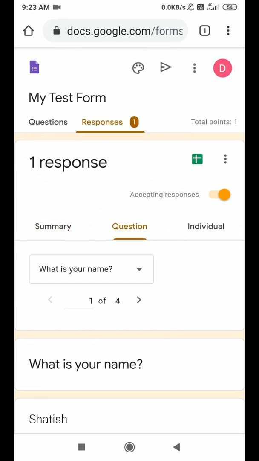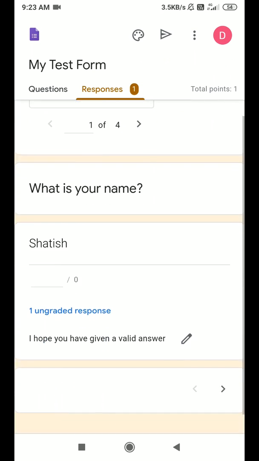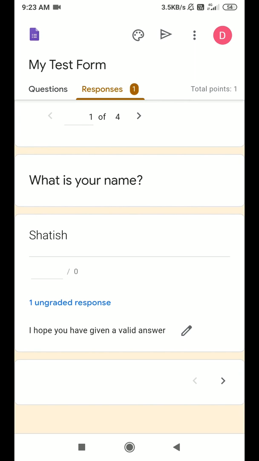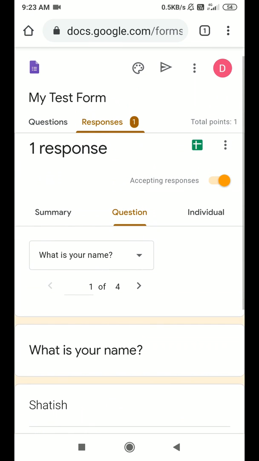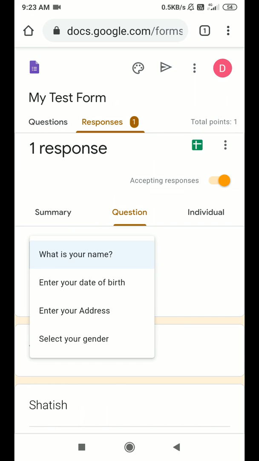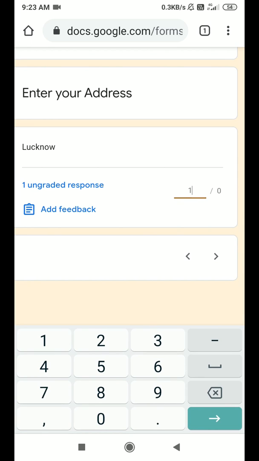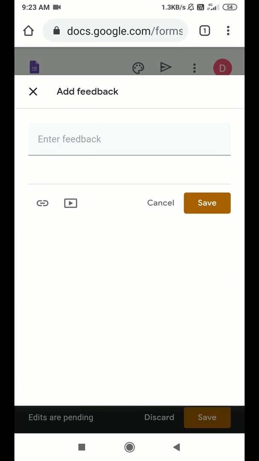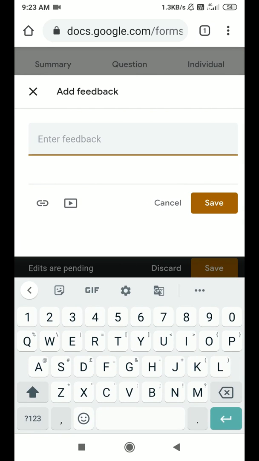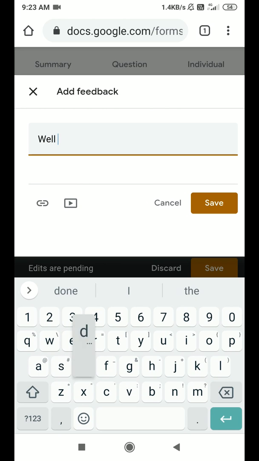From the Questions tab, you can go to each question, see the answer, and allot the points if you had not allotted it at the time of creation of the form. And you can also give the feedback for each answer you want to give. After you have made the necessary changes, remember to save by clicking on Save button.